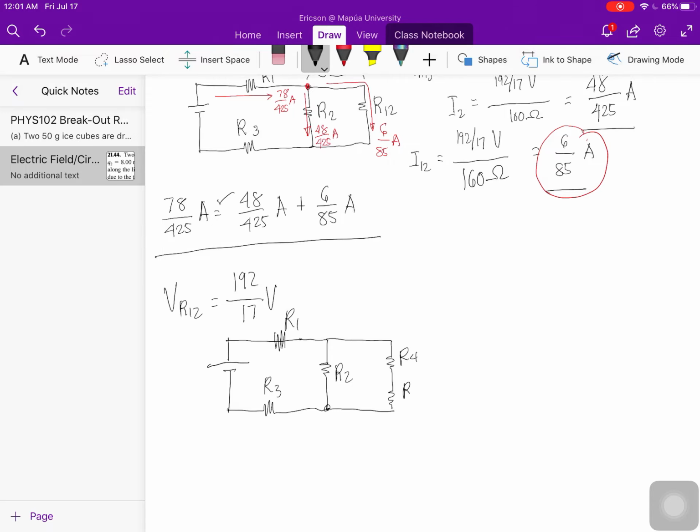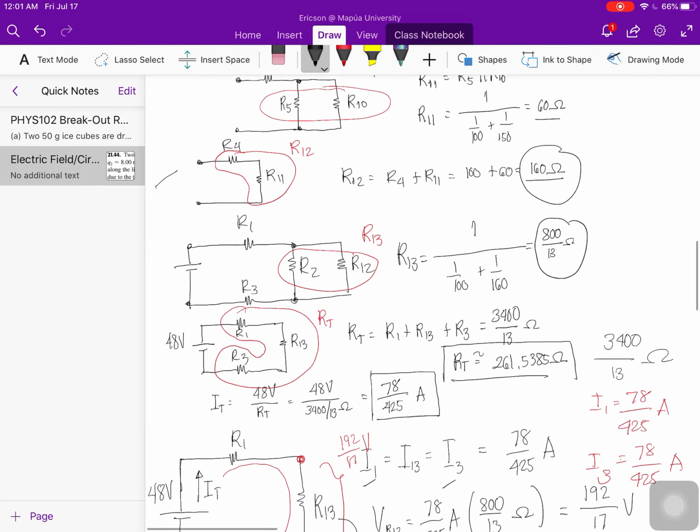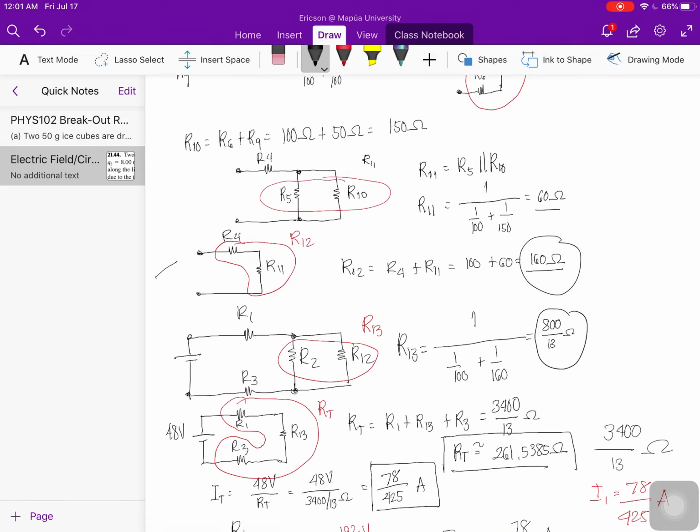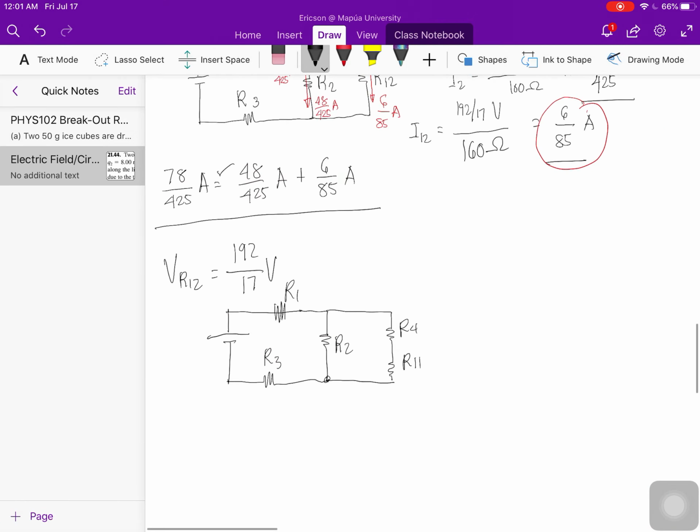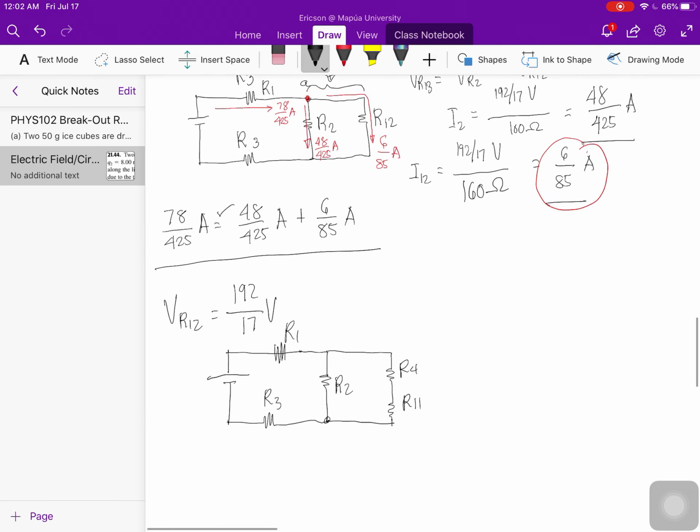This is R4. And this is R11. Tama? In series. R4 in series with R11. So, ibig sabihin, ito yun. May current ka. So, ito yung kanina mo. Ito yung I total, 78 over 425